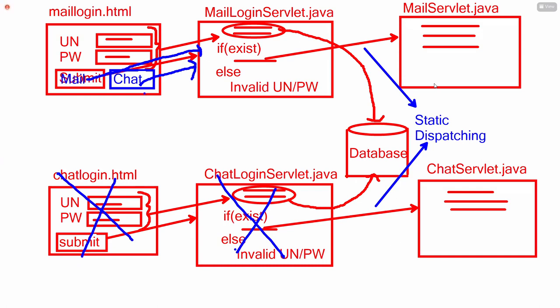Which submit button clicked? We can find out like a get parameter, username, get parameter, password, like that, get parameter, submit button value. For both the submit buttons, you can write one name, but the value is different. Then whichever submit button is clicked, that value comes. If that value is mail, forward to mail. If the value is chart, forward to chart. Like this, it is possible. One more way,